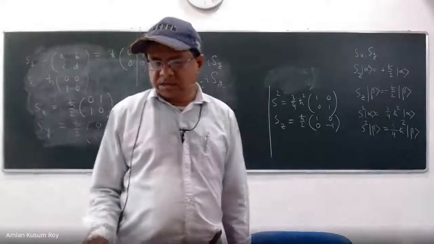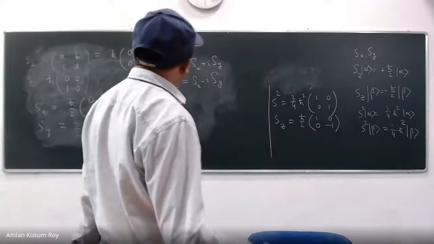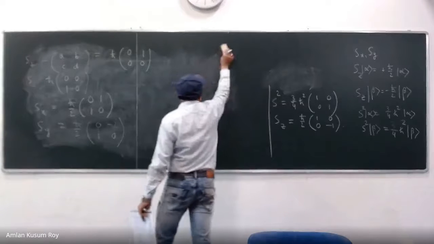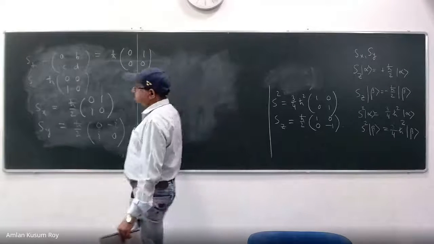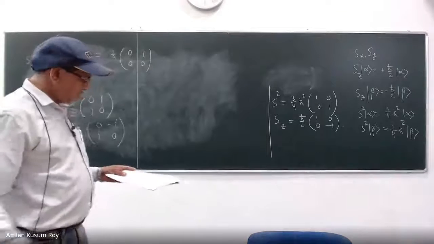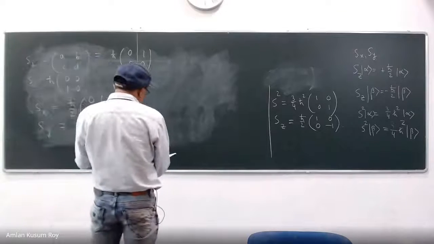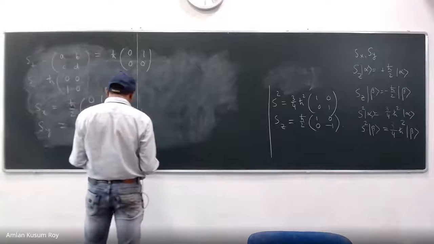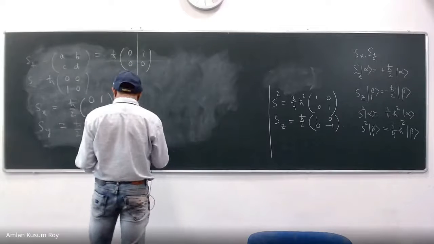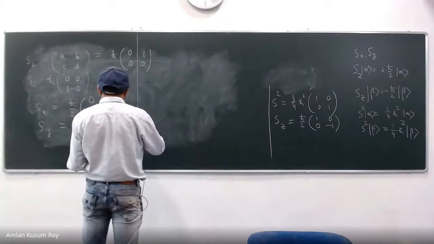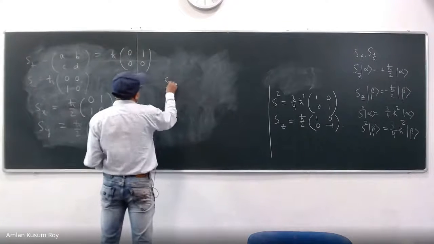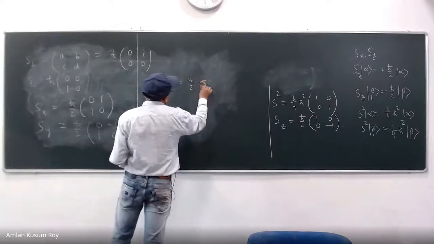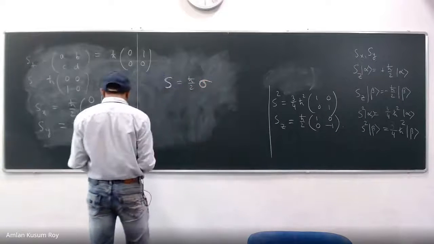So this is the matrix representation of the 4 operators. All the operators are now done, right? I have written the matrices of all these operators, and of course alpha beta is known to us. So I can now define some other matrices. I want to write S is equal to H cross by 2 sigma in this form.